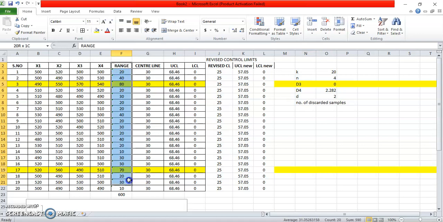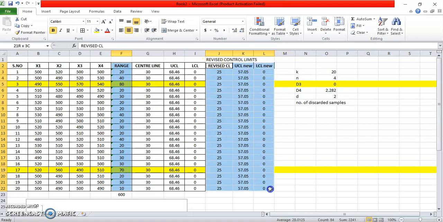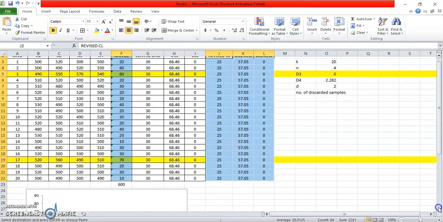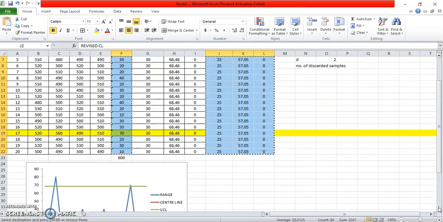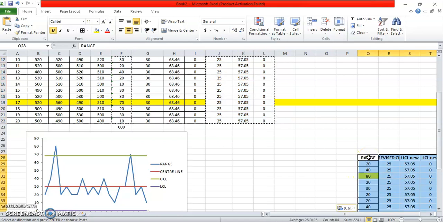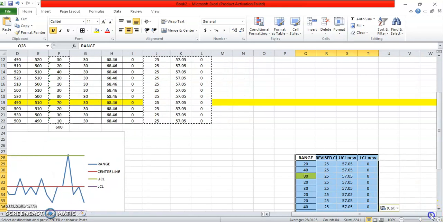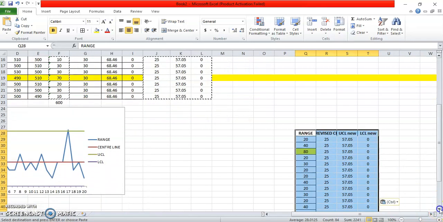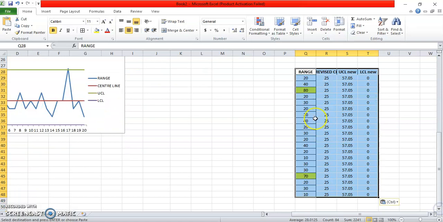I could take these values just from here only, but because we have 2 discarded sample points here which we didn't remove, and if we remove them here the data will be shuffled and that will create an error. So what I'll do, I'll just copy and paste it here. See, so this is what we needed, right? Now there were 2 points which were causing some trouble. Okay, I'll show you one thing.